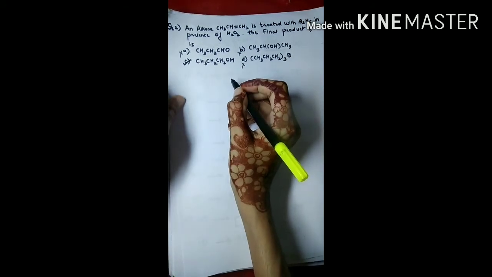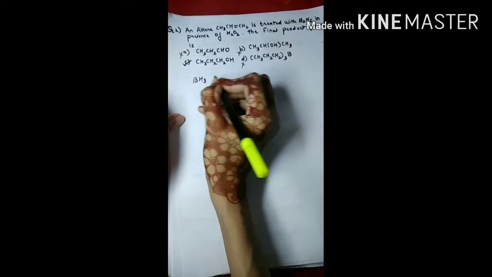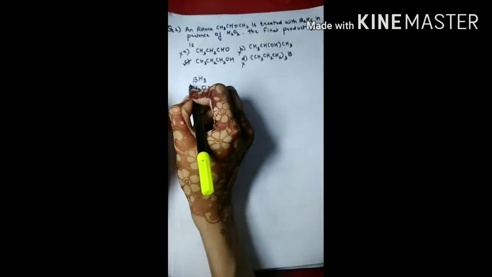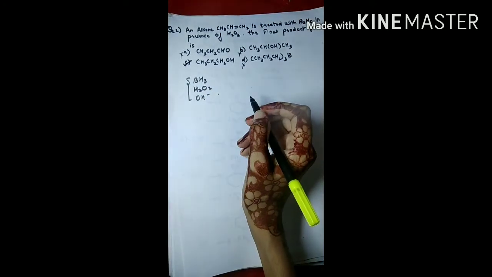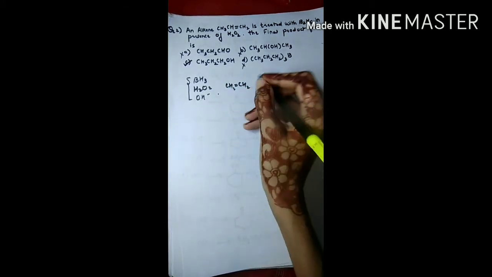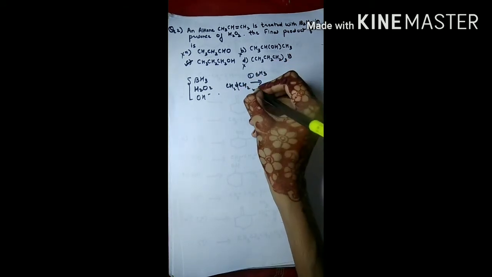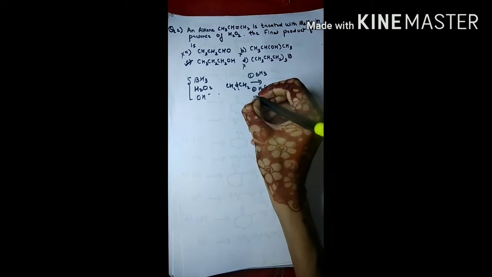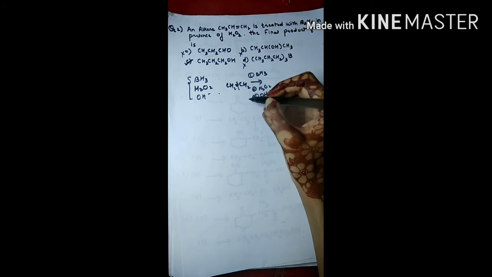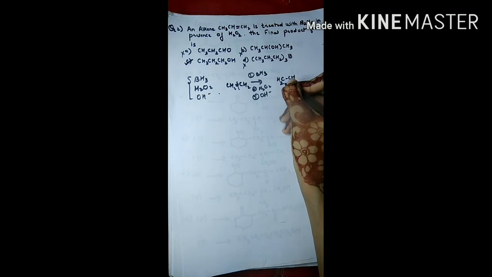So here, as I've already told you, three things are required: borane, BH3, hydrogen peroxide, H2O2, and basic medium. So students, as you all know, two types of alkene are possible: symmetrical and unsymmetrical. If I take an example of a symmetrical alkene, then in the presence of BH3, hydrogen peroxide and OH minus ion, the pi bond will break, and one H plus will go toward one carbon, another will go toward the other carbon, and like this alcohol is formed.